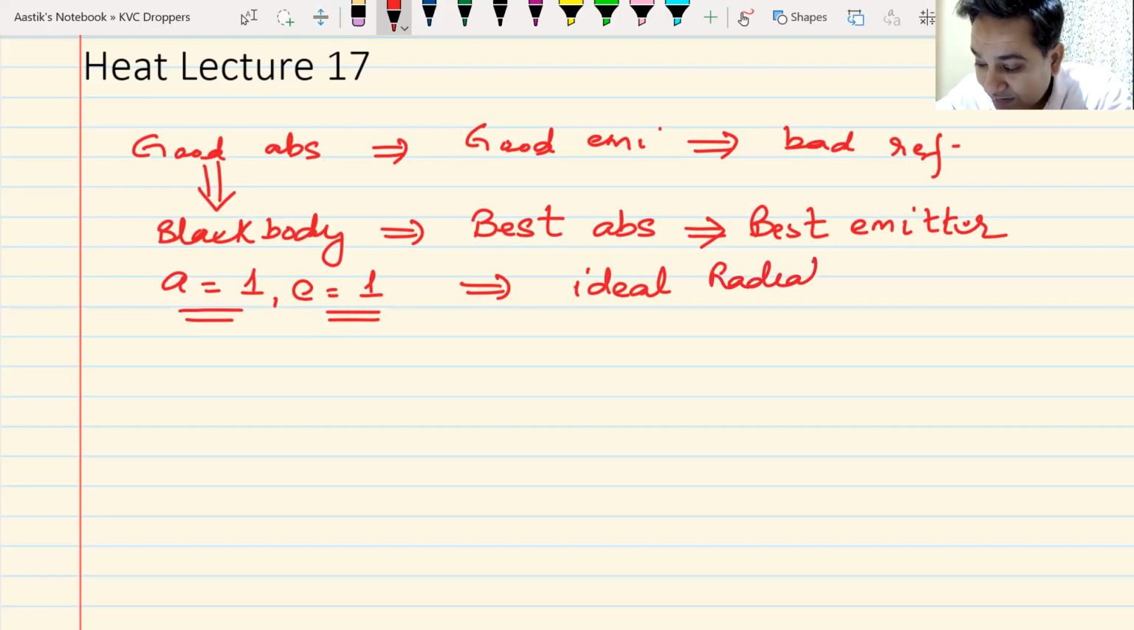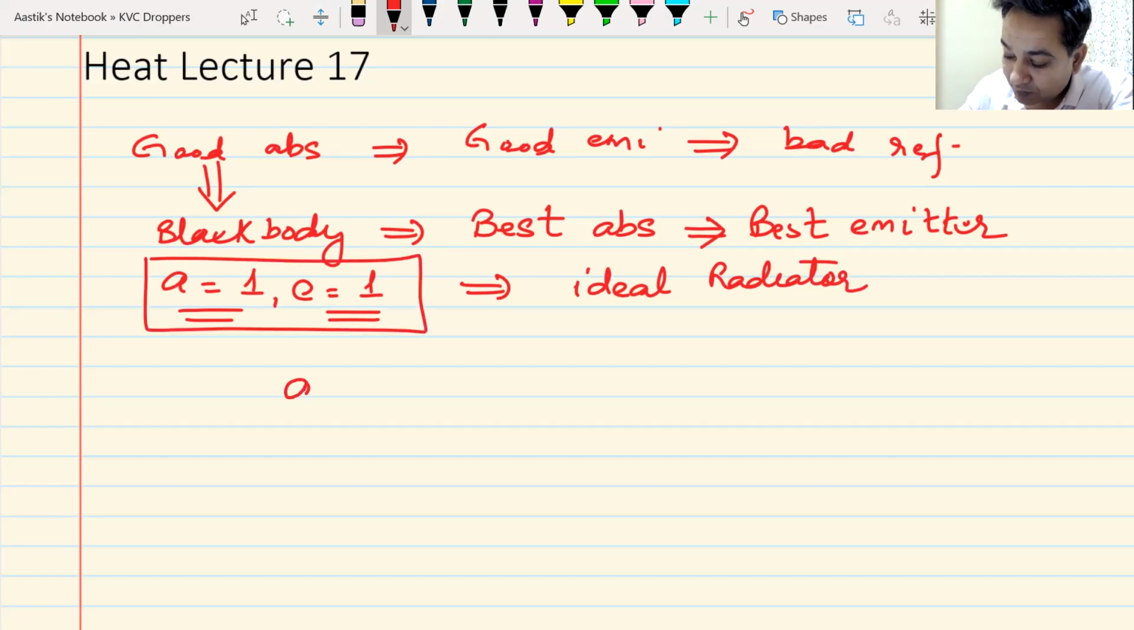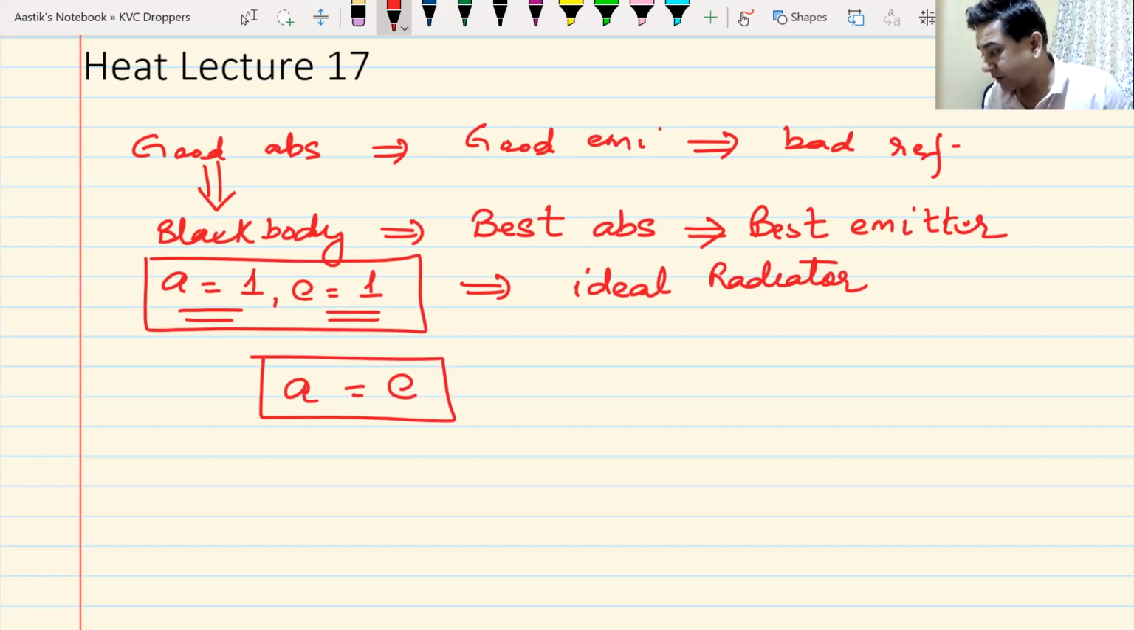Kirchhoff's law is basically telling us this entire thing, and it is giving us a very beautiful result. And the result is that absorptance or absorptive power is the same as emissivity or emissive power. This is not emissive power, this is basically emissivity. Do we understand this? Yes, sir. This is all about Kirchhoff's law that we must understand,